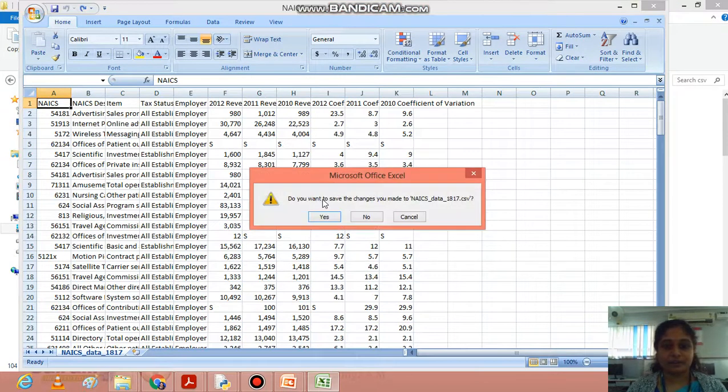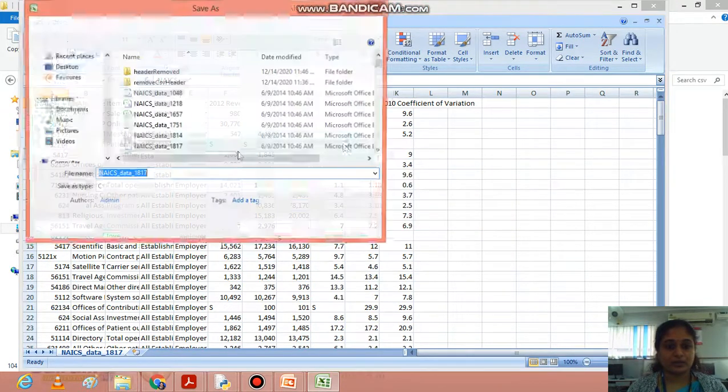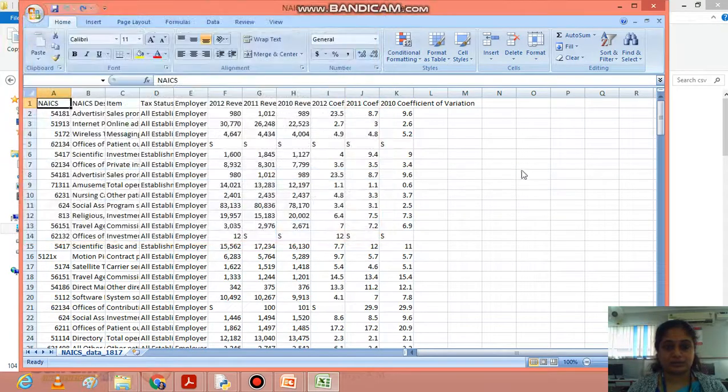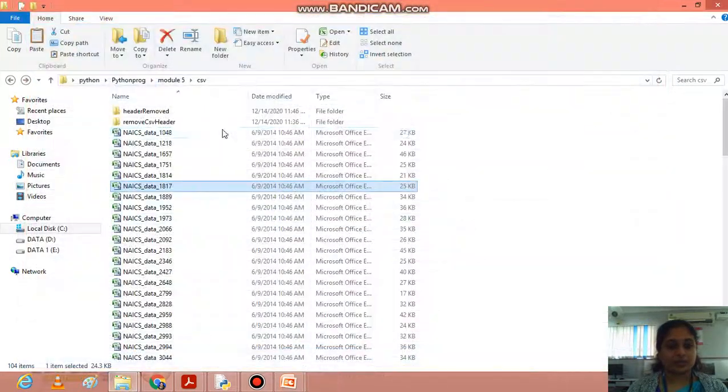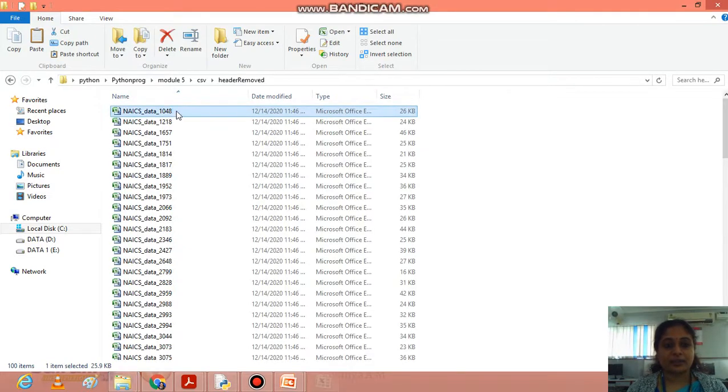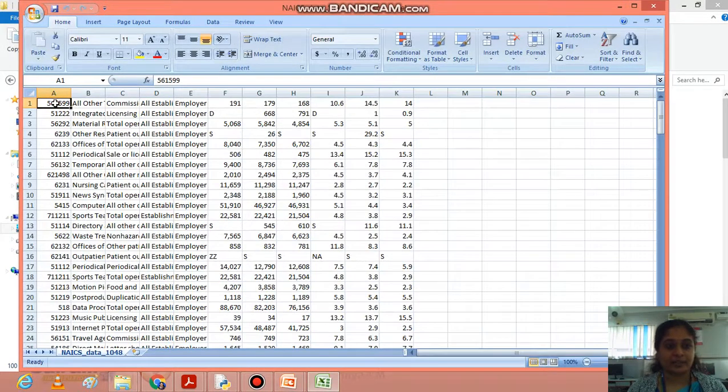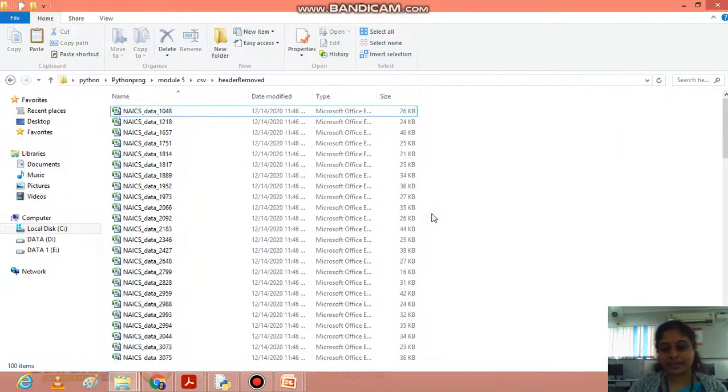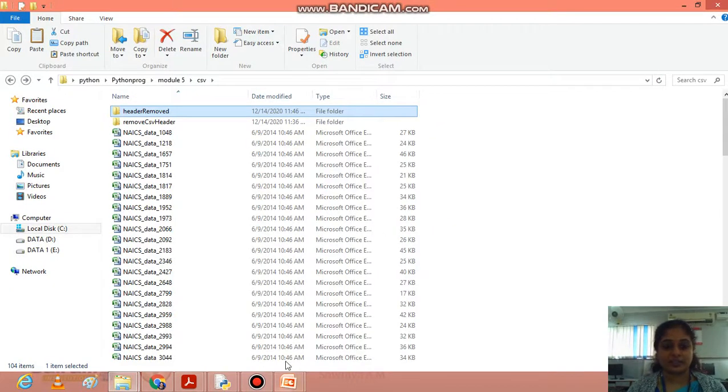If I go to the headerRemoved folder, then it won't have any header, but it will have the data. Where we had tax detail, meaning the first row is removed from all the files, and it has made a copy of all the files.